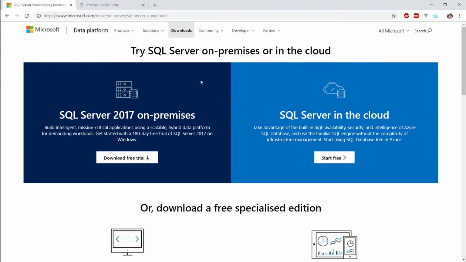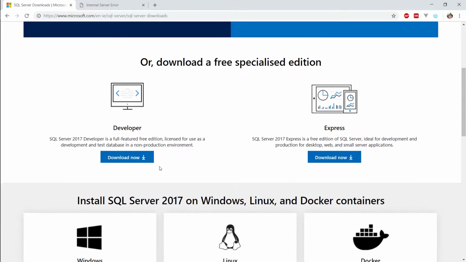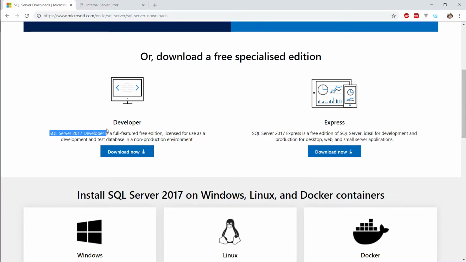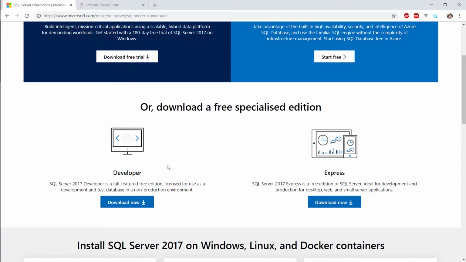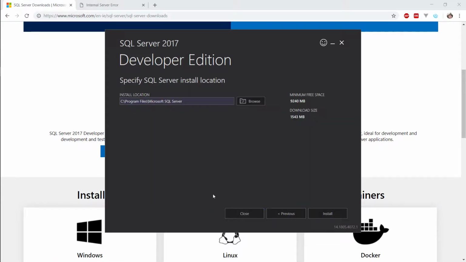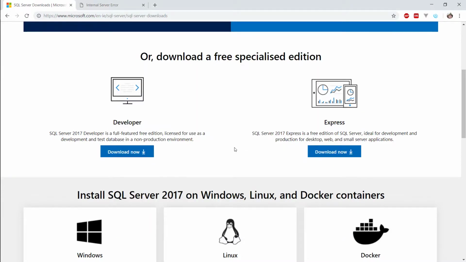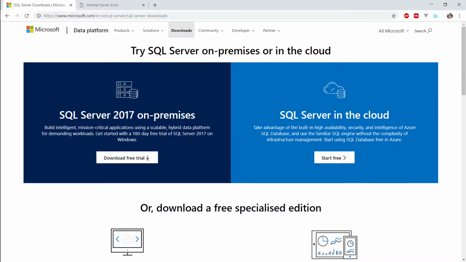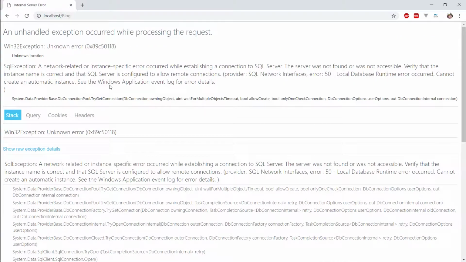What you want to do is go into this website and download SQL Server 2017 Developer edition. It's free and really easy to install. You just download it, open up the installer, select Basic. You don't need to do much, just press install, and that should install it for you. I already have it installed, so I'm not going to install it again. Once it's installed,